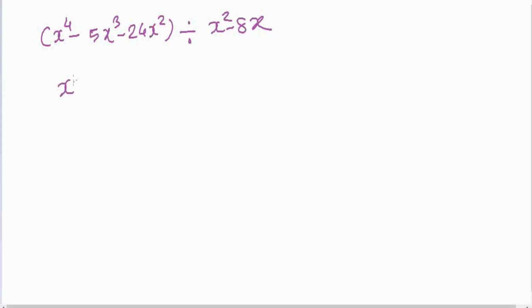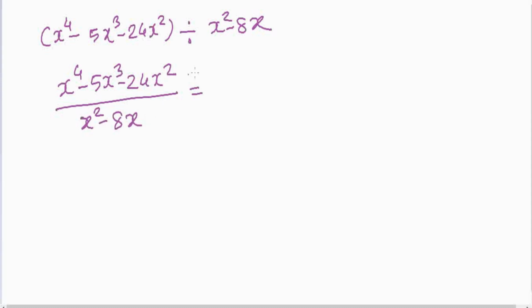Okay, so this is x raised to 4 minus 5x cube minus 24x square divided by x square minus 8x, equal to x raised to 4, which means x into x into x into x, minus 5 into x into x into x, minus 24 into x into x